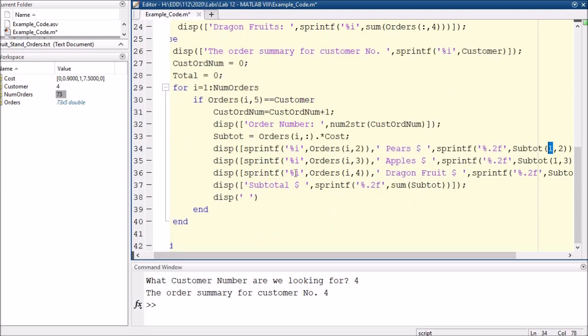Now, again, this part was an integer because you are only going to have whole pears, whole apples, and whole dragon fruit. And this one is a floating point with 2 decimal places because it's money. So if I run this now and